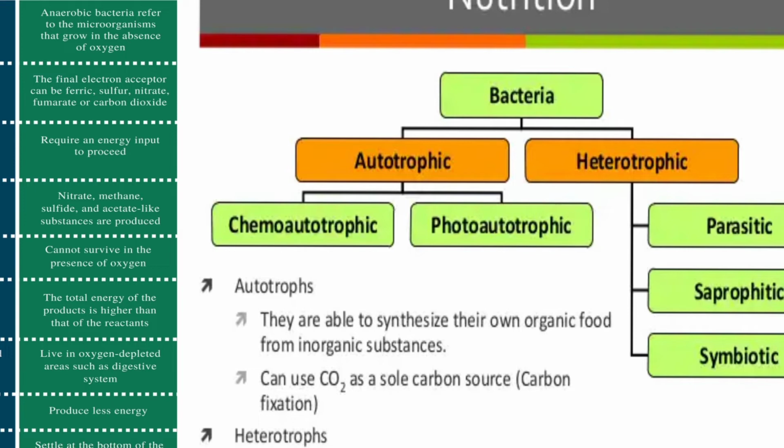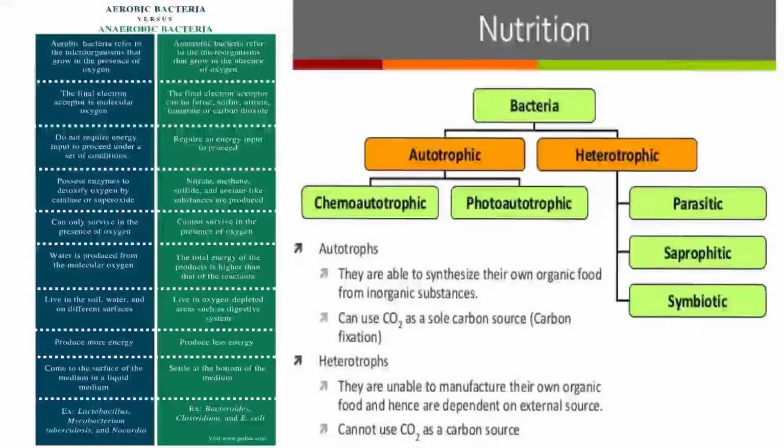And then the symbiotic bacteria, which live in close relationship with another organism. It just unites and lives with the other organism, and takes food from that organism. That is what symbiotic is. They live in a close or mutual relationship. Both will be getting benefited out of this. That is what is called symbiotic. Okay, so this is the life process in bacteria.